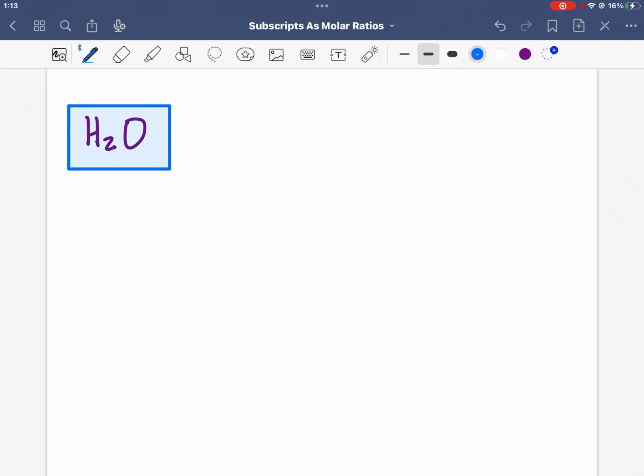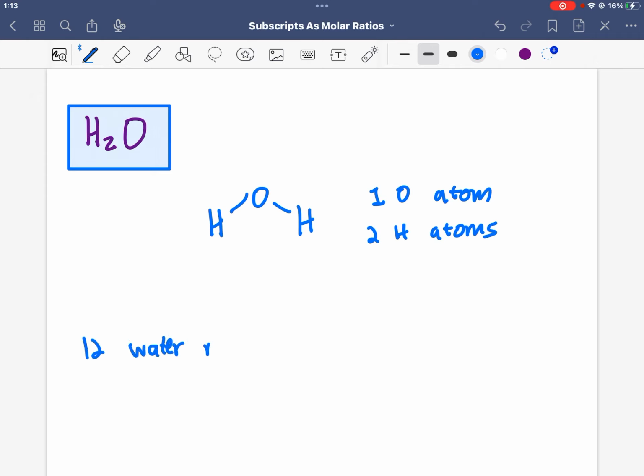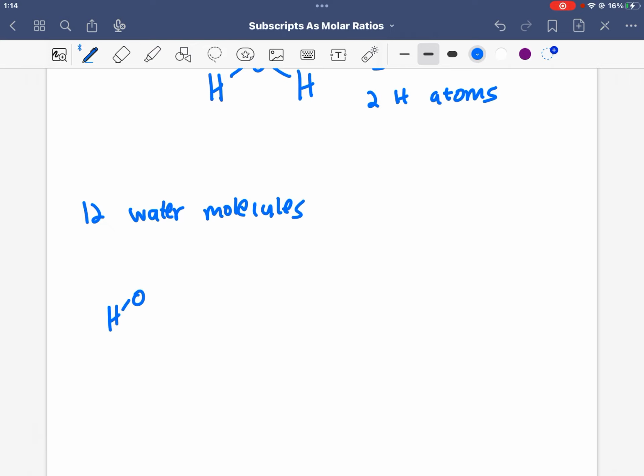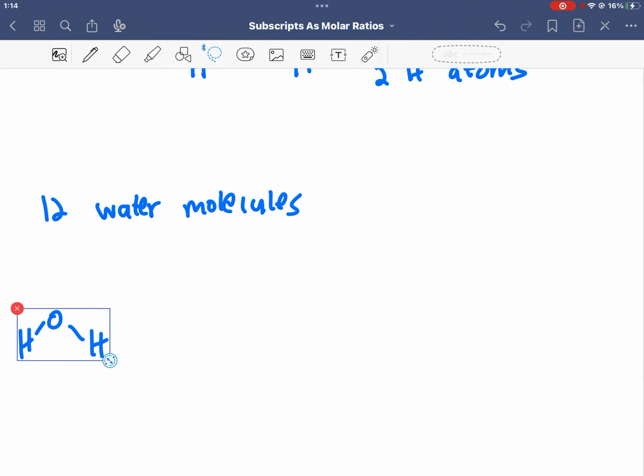So for example, if I have 1 water molecule, well, that has 1 oxygen atom and it has 2 hydrogen atoms. Let's imagine I had 12 water molecules. Well, in 12 water molecules, if I had 12 different molecules, here's 1 molecule, and whoops, if I paste that 12 different times,